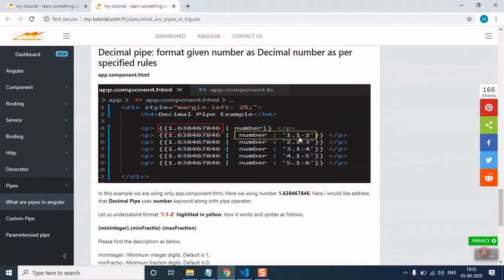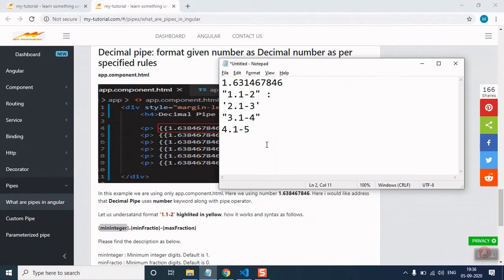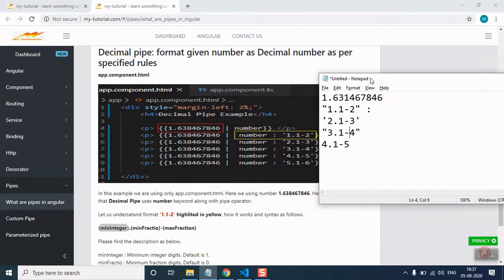So if you see here 1.1-2, what actually is this 1.1-2? If you come here, if you see this line of code, before the dot, it is saying minimum integer. After the dot, 1-2 means minimum 1 fraction and maximum 2 fraction. So it is giving the range: minimum it should be 1 decimal and the maximum will be 2 decimals, not more than 2. So let us understand how it works. If you see this notepad, this is the actual value, and the parameter I am passing here, if you see this one, I am saying